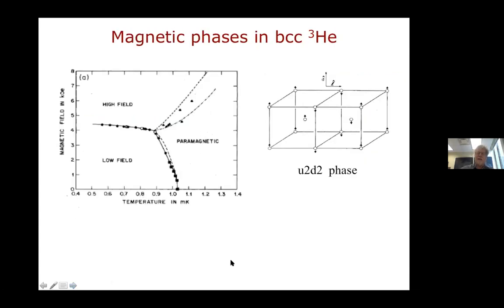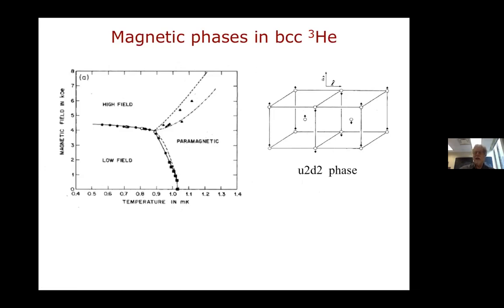However, when they did the experiments, they discovered something else. This was experiments in the 1970s. This, as you see, is a low temperature. So this is a millikelvin temperature. There was a phase transition here. This is the paramagnetic phase. And at low magnetic fields into a so-called low field phase, which was eventually discovered to be the so-called U2D2